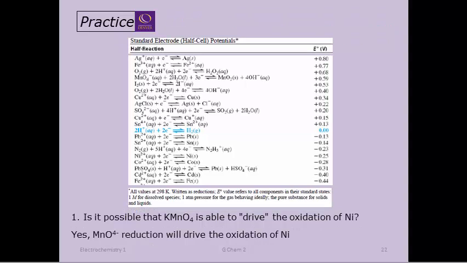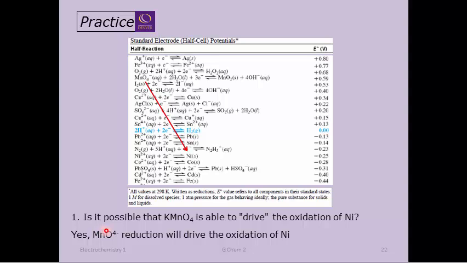So let's see how you did. The first question, yes, it is possible that potassium permanganate is able to drive the oxidation in nickel because the permanganate ion is actually above and to the left of the nickel solid, so this will run reduction over this being oxidized. Now I want to go back and just point something out too. In this particular case, this is an ionic compound, so the counter ion, the fact that it was potassium permanganate, doesn't really matter,